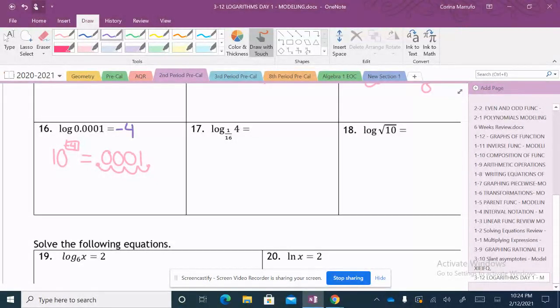Let me just double check in my calculator because sometimes I do not trust my math. Okay, we should be good. All right, next,